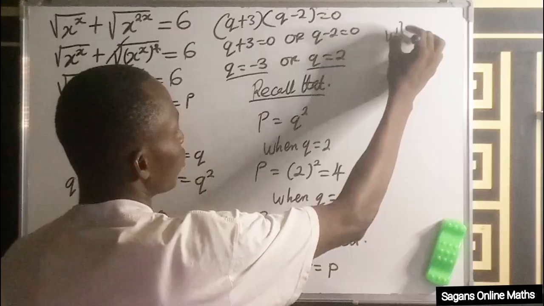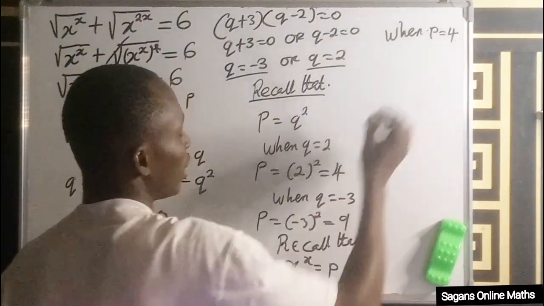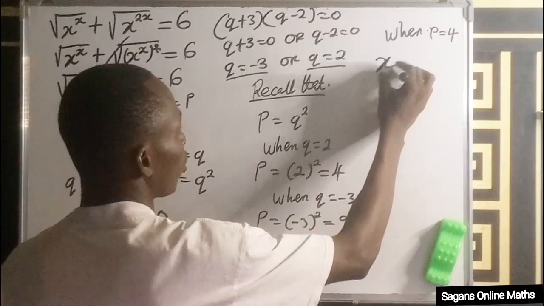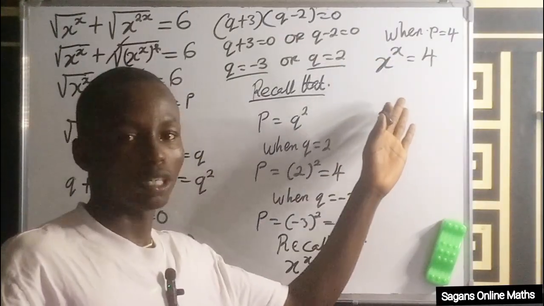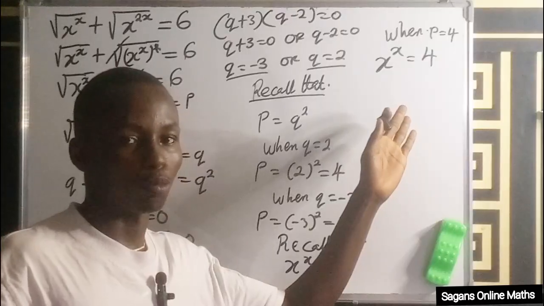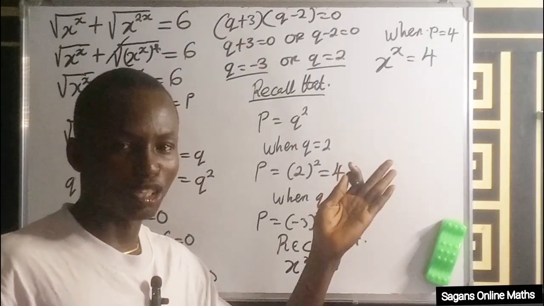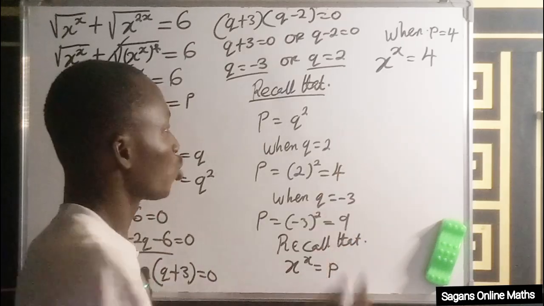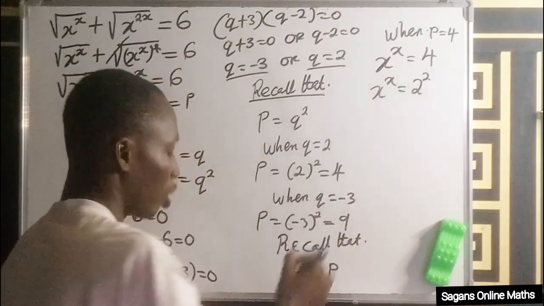So when p is equal to 4, let's find our x. It means that x to the power of x is equal to 4. At this point, you are not wrong to take log of both sides, or to take the natural logarithm of both sides. But without stress, we can do something very interesting by putting 4 in index form. So x to the power of x is equal to 2 to the power of 2. And you can observe carefully